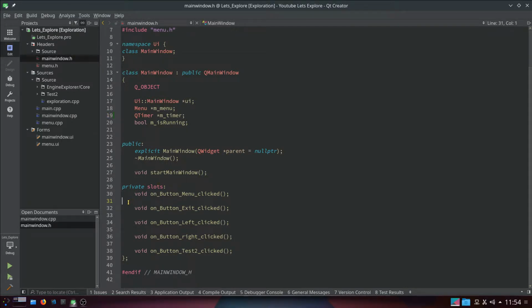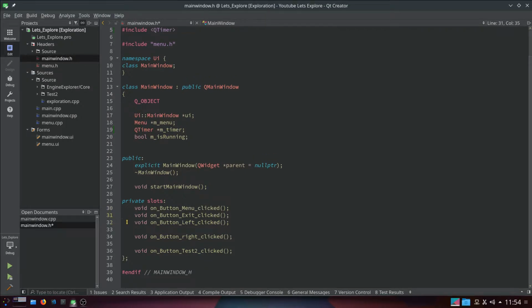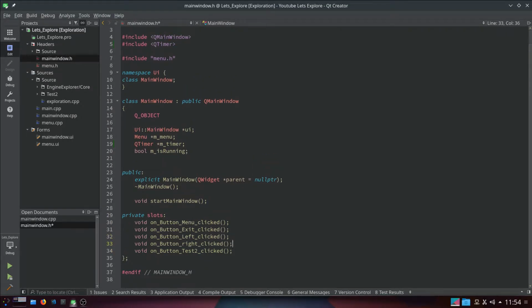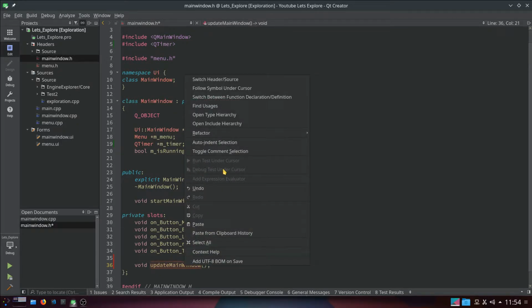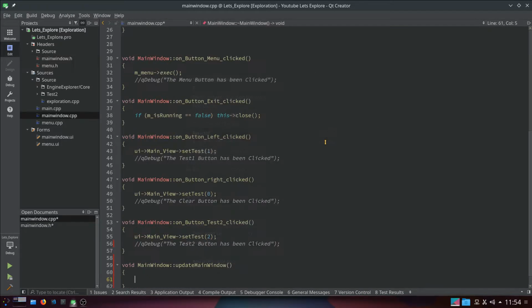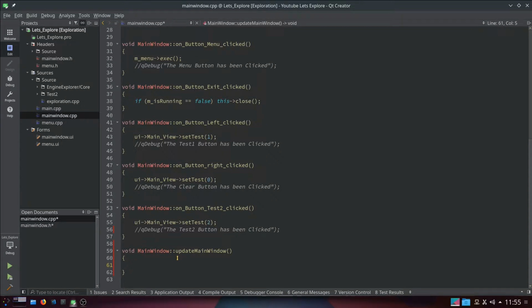Right, what I want to do is take all the spacing off, because I want to add my own. It's going to be void update. And where are we? Main window. There we go, so I've added a slot, update main window. We shall add the definition. And what we're going to do here